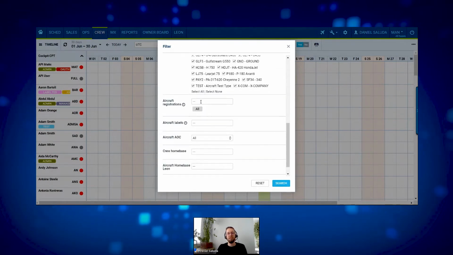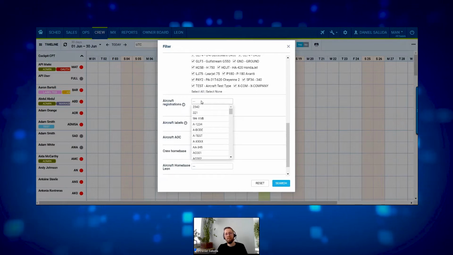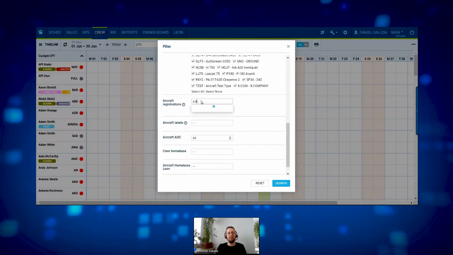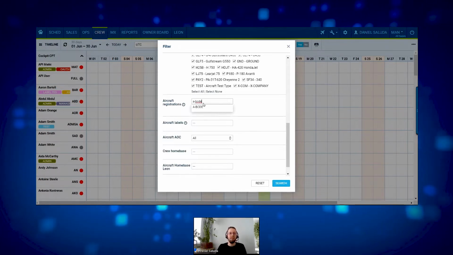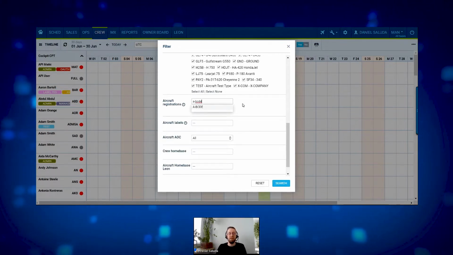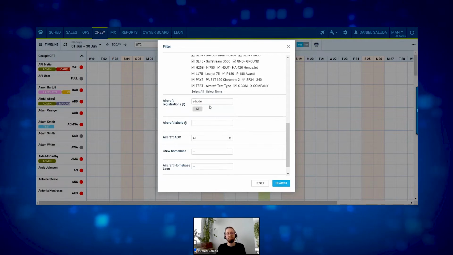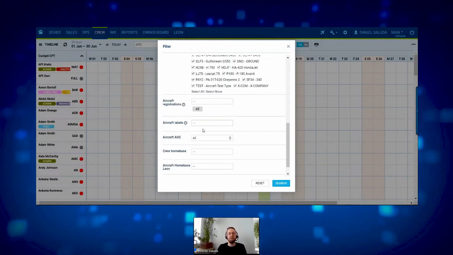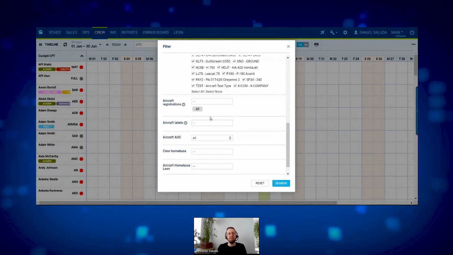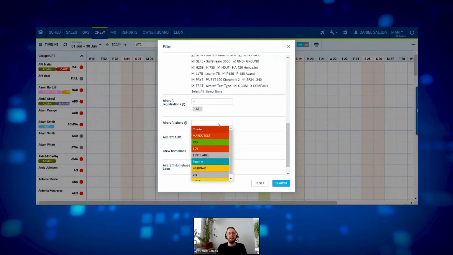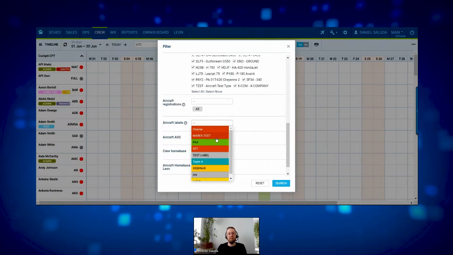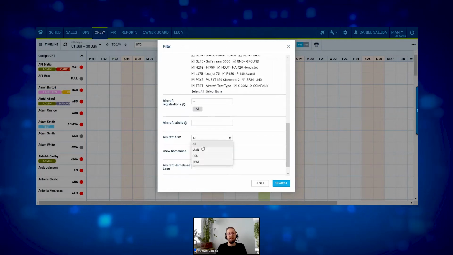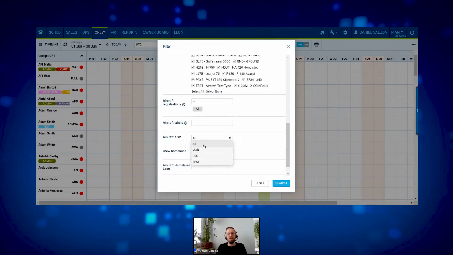Next thing, you can put the aircraft registration here. So, for example, if you want to see all the crew members assigned to the ABCDE aircraft, you can simply pick this aircraft, and only those crew members will be visible. If any labels have been added to your tails, so in the settings and then fleet, then you will also be able to filter the data through those labels. You can filter it through the AOC that is assigned to your tail,